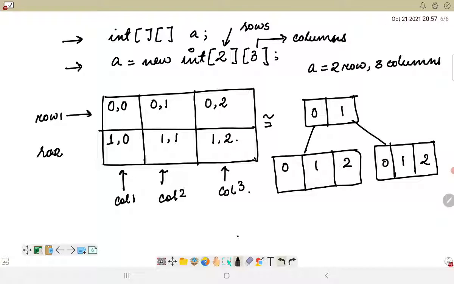So this is the row 1 and this will be the row 2. If we combine both of these, we get the initial matrix that we talked about.